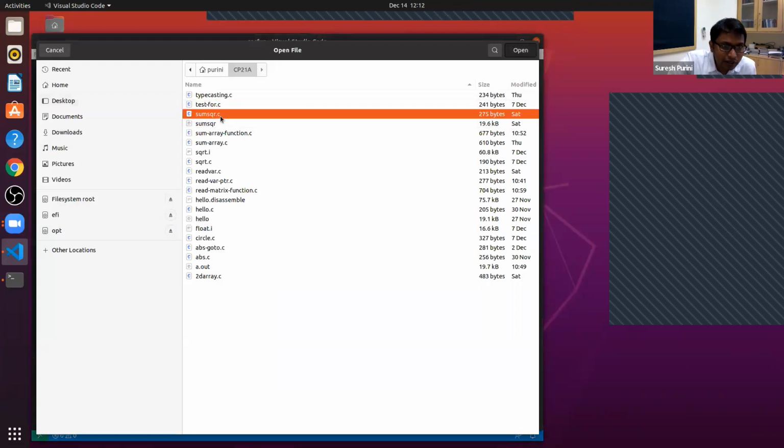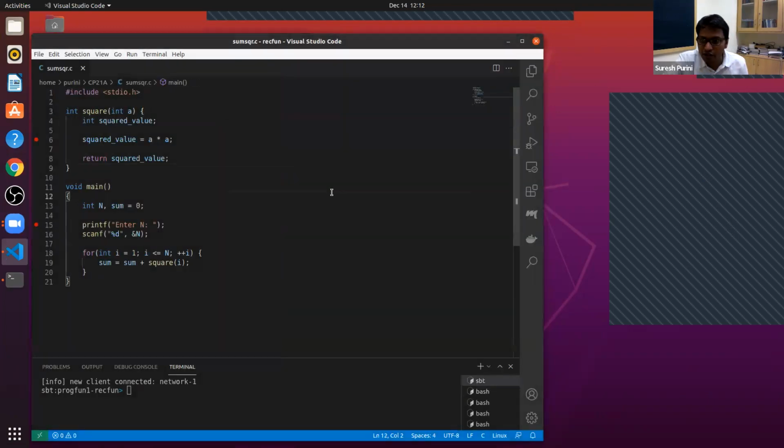Sum square dot C. Yeah. So this is the question. The question is, why are we calling the square function when we can do A star A on line 19? Yes or no?